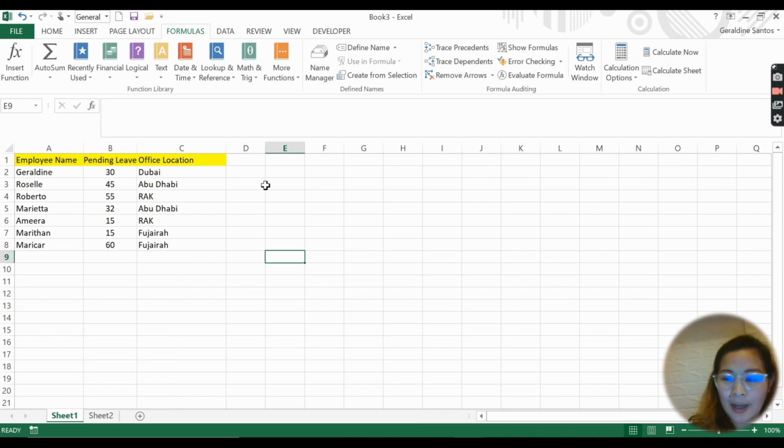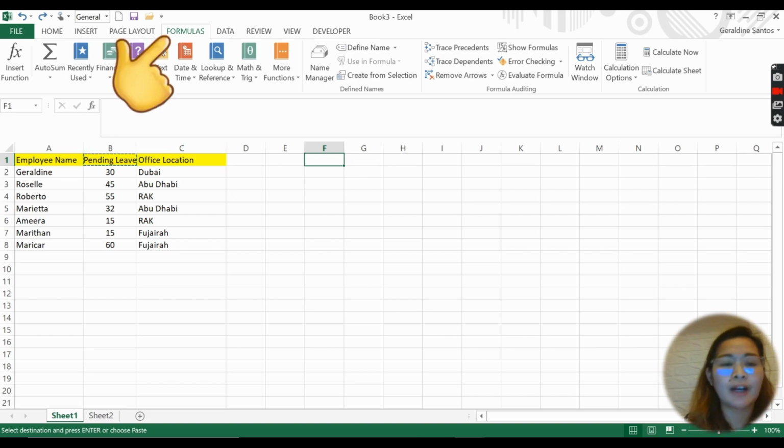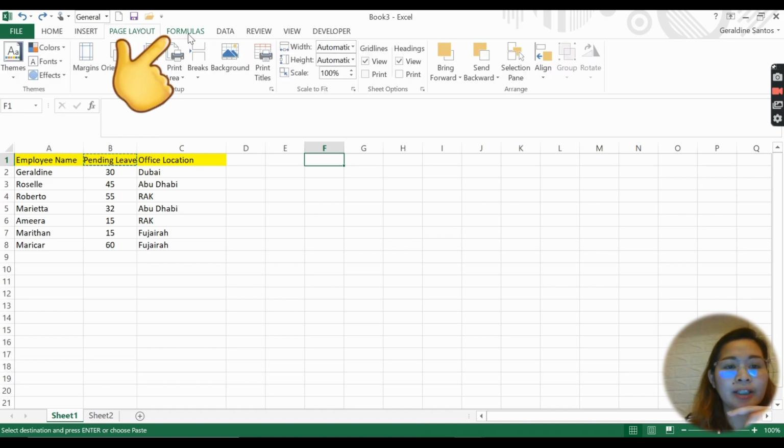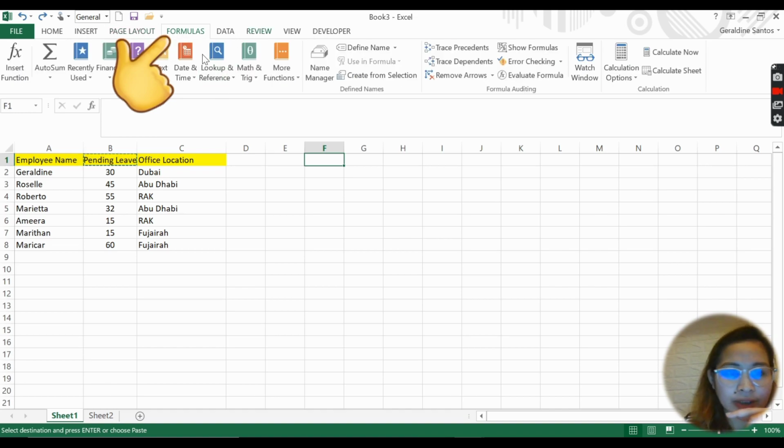Okay, so now this is the VLOOKUP. So guys, there's another way of doing the VLOOKUP. If you don't like to do it manually with equals VLOOKUP, you can simply go to your Home bar, Insert, Page Layout, Formulas. You will just click Formulas and you will see there's a Lookup here. So in here, for example, you want to get the pending leave.